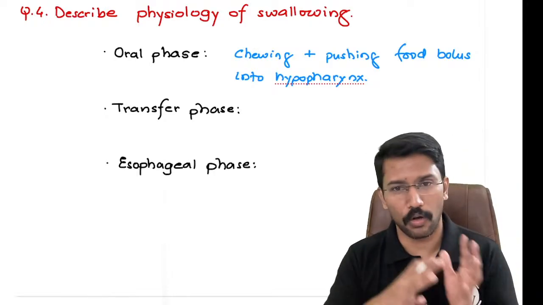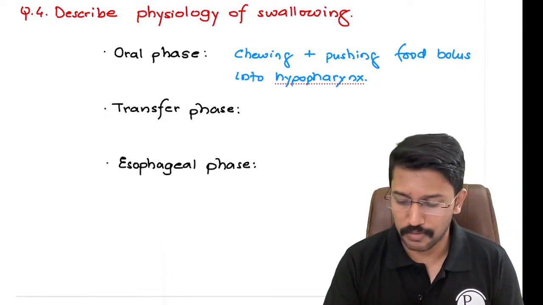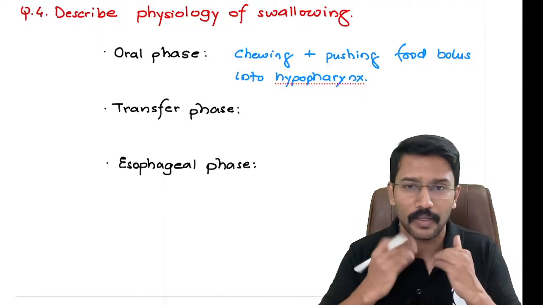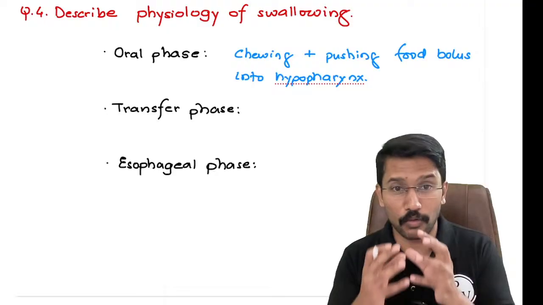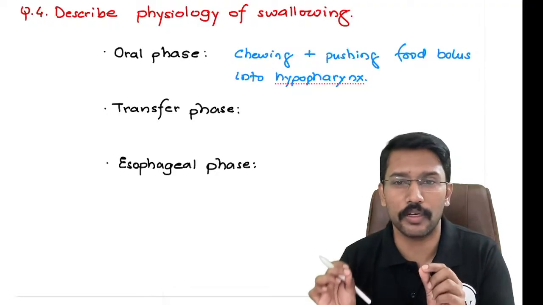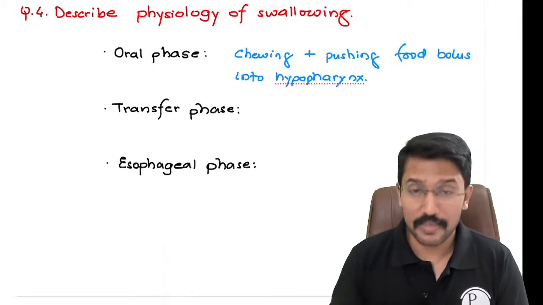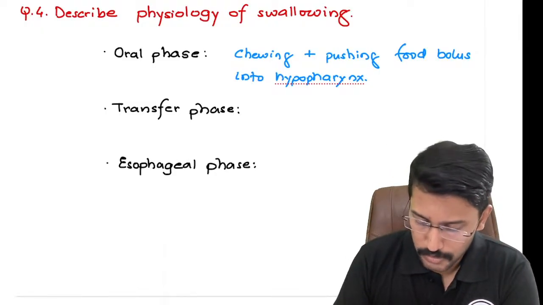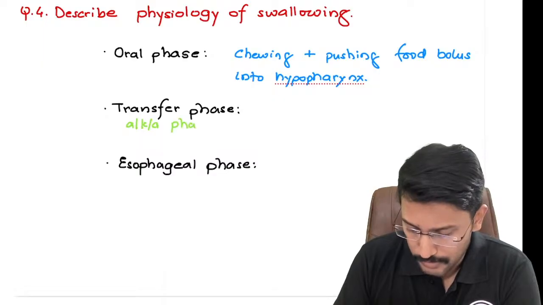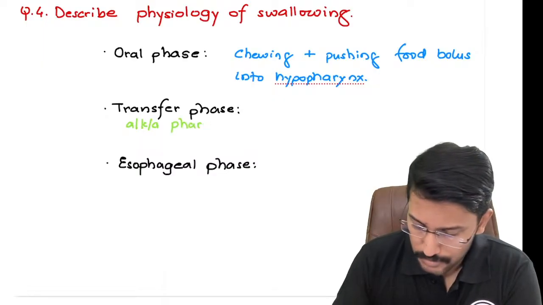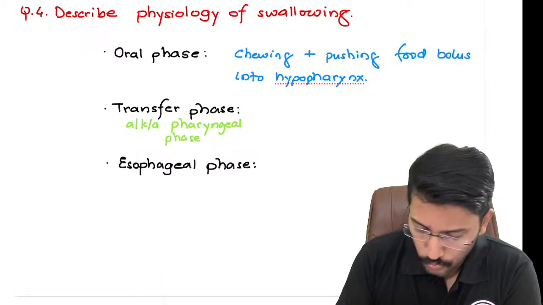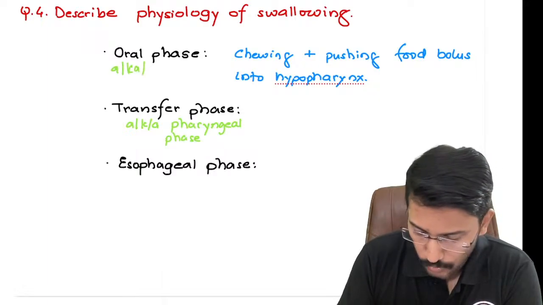Okay, so let us assume all this works fine and we have chewed the food well and created a bolus and we have pushed it into the hypopharynx with the help of the tongue, right? Now the food bolus is in the hypopharynx. From the hypopharynx, this bolus has to go into the esophagus. That phase is what we call the transfer phase, which is also known as the pharyngeal phase. And this oral phase is also known as the buccal phase,